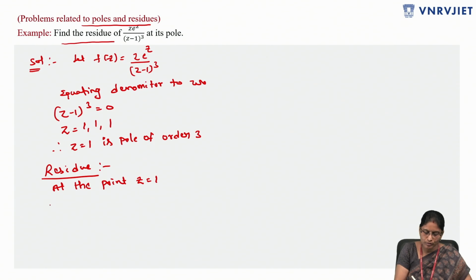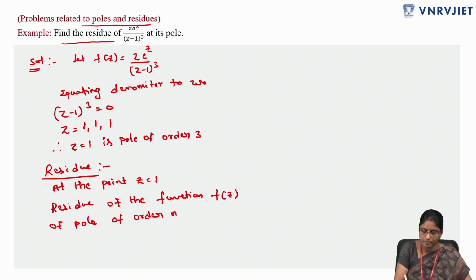We have to find out the residue of the function f of z at a pole of order m, which is given by the residue of f of z